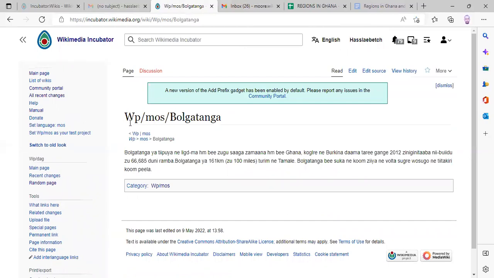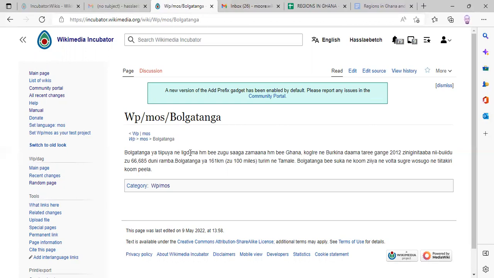Yes, you can see someone has created an article in Mossi on Bolgatanga. See WP Mos Bolgatanga. You have seen it. So if you are creating an article that someone has created before, assuming Bolgatanga was what I wanted to create, after searching it and it came this way, you can also add your own to it. You just go to edit and add your own information there. In Wikipedia, if someone creates an article, you can also improve on it. You cannot own an article in Wikipedia. In this competition, someone can create the heading or the article just short like this, and you come and add your information, which is better than this, and you can win the award, leaving aside who created the heading.